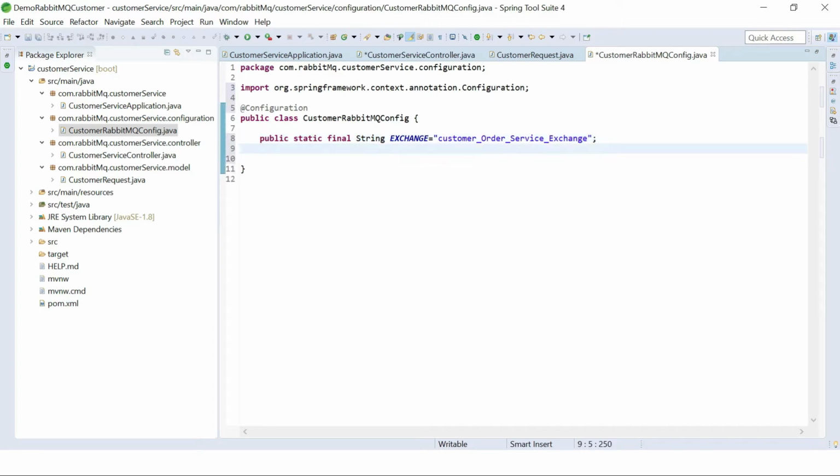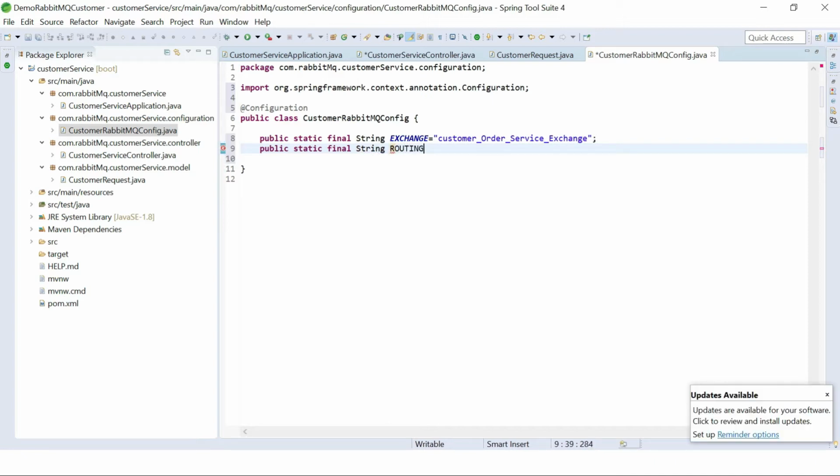What else do we need? Public static final String, we need a routing key. Give it something like customer order service routing key. Any name you can give, but it should be such that we can understand that this routing key belongs to this purpose.